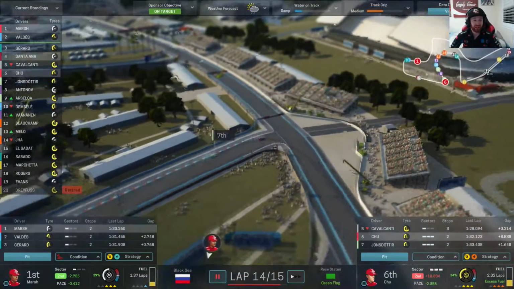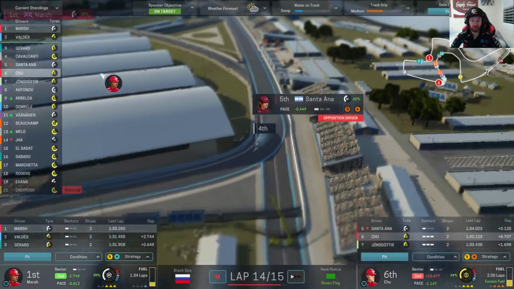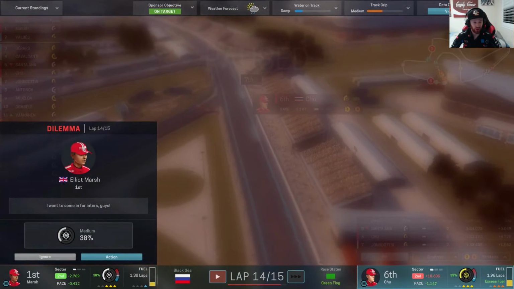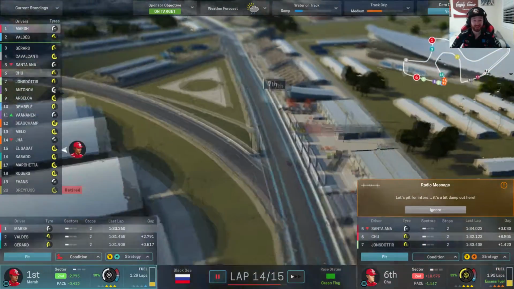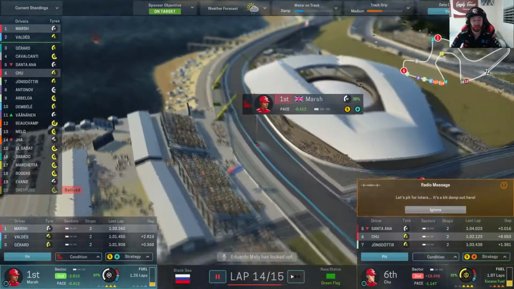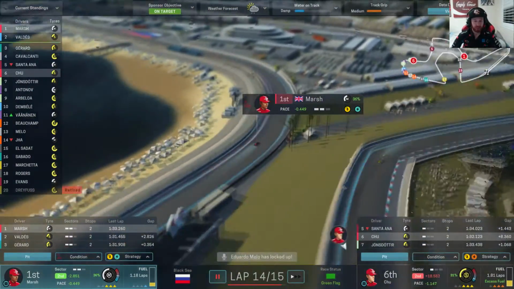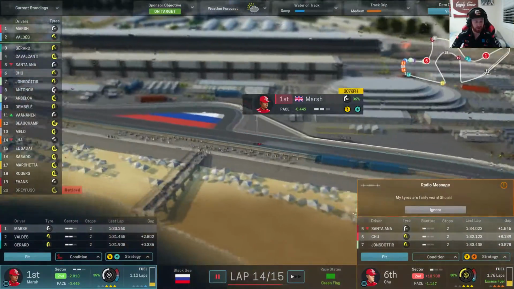Doing a good job. Senna's back at 4th. He was our main competitor throughout that race. No. He is not coming into Inters. This is why I'm the manager, because these drivers have zero idea. Now, is he going to have enough fuel? He'll have enough fuel. He has exactly